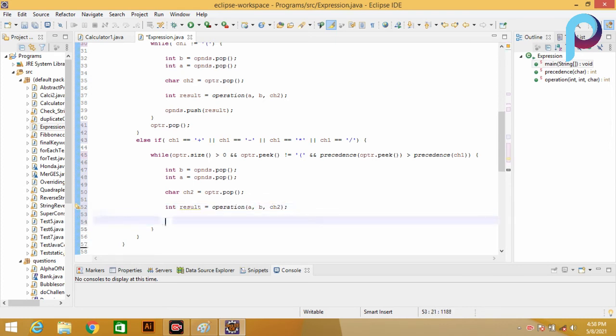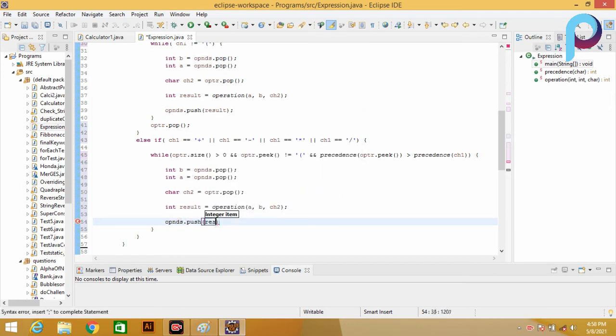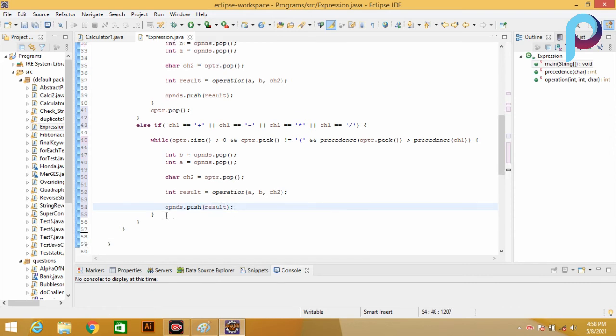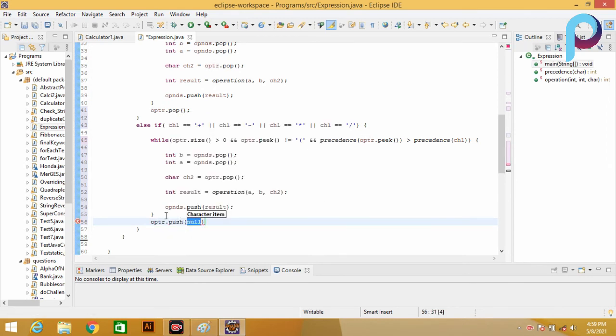If we get the result, then push it in the operand stack: operand.push(result). Then after we perform the operation, we have to push the operator ch1 in the operator stack.